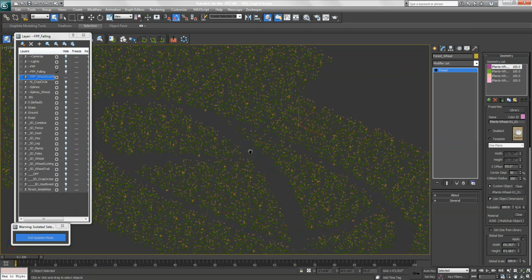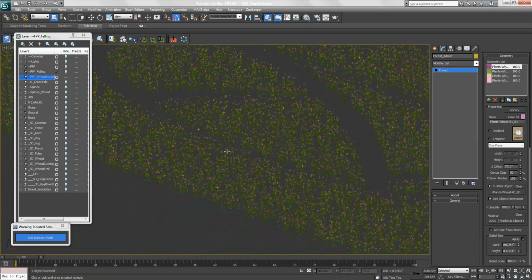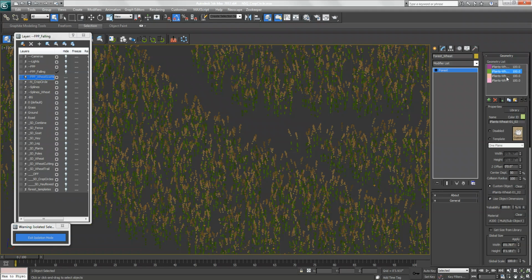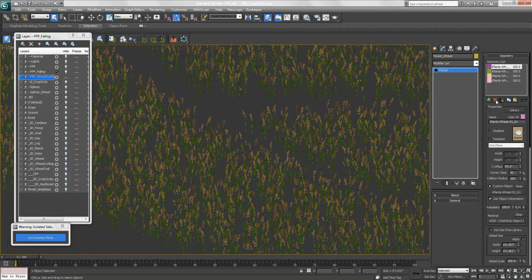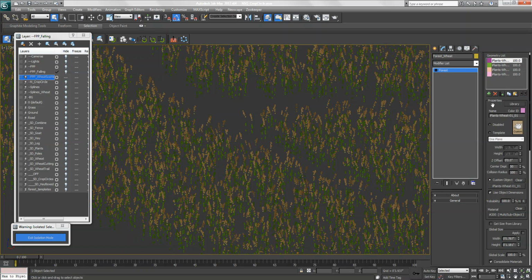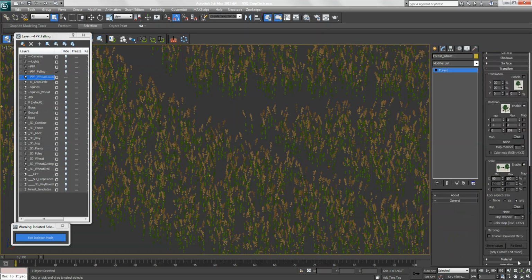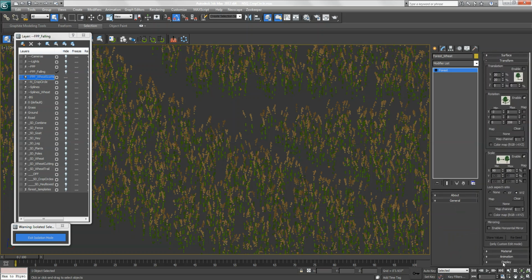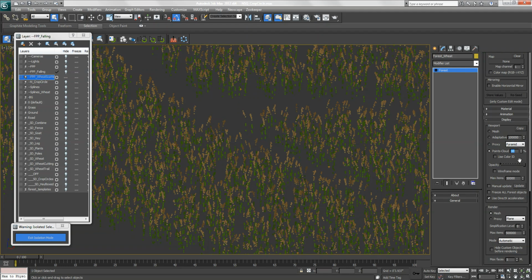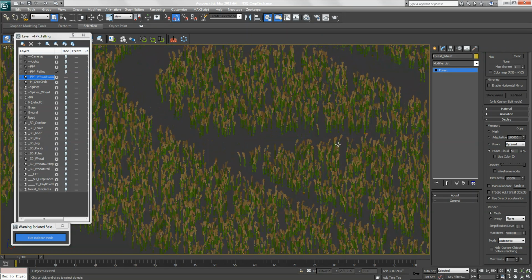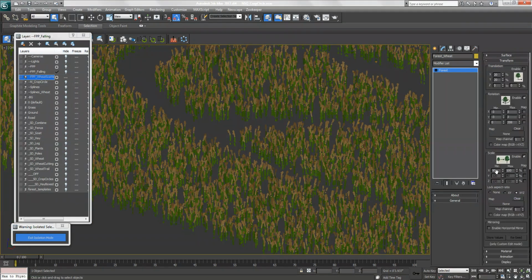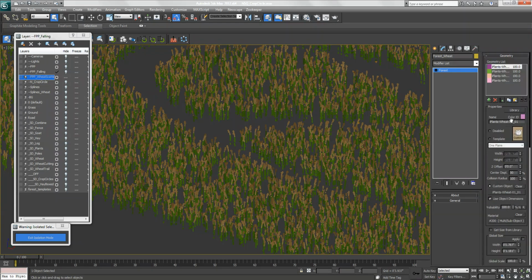So this is the main wheat, the wheat that's just everywhere. And I have 4 different kinds of wheat in here, and they're all scattered across the ground. And this is just where it shows you what wheats there are. And I will increase the display here so you can get a better picture of what those look like. So I selected what I wanted to be scattered,